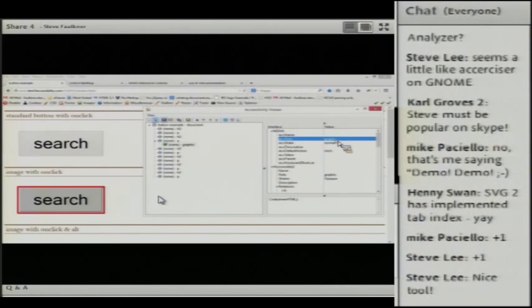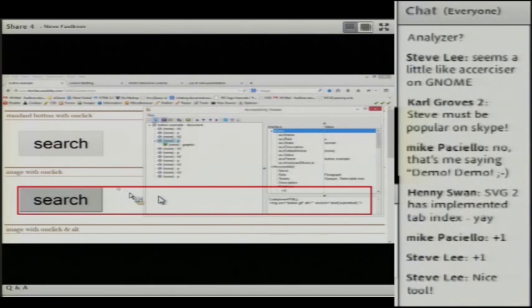It's just an image. Something that acts like a button for some users, and is mouse accessible, is not keyboard accessible; you can't actually get to it with a keyboard. So this is showing some of the things you have to do to make something that's not a button into something that acts like a button.